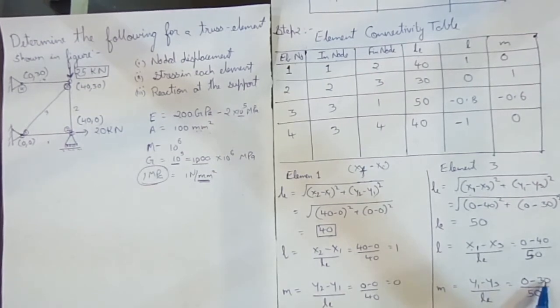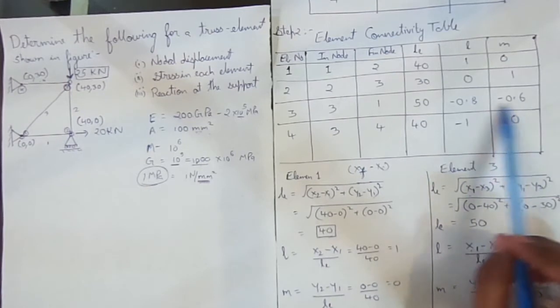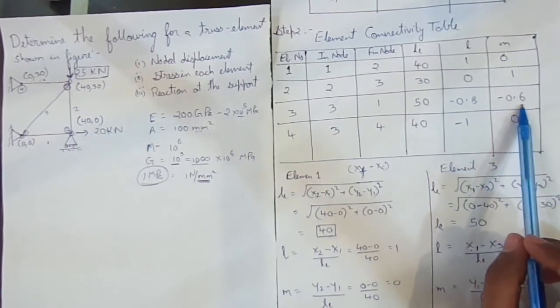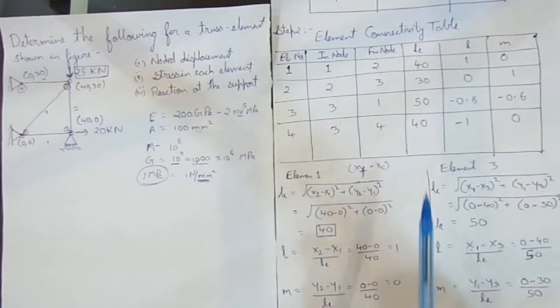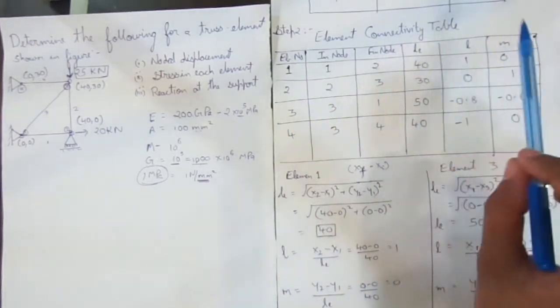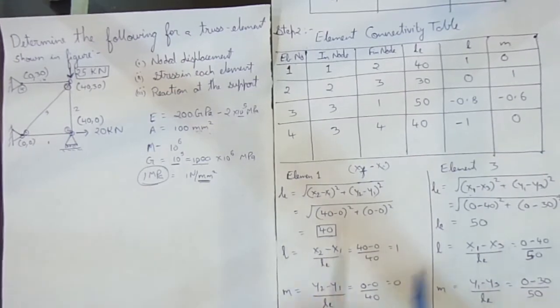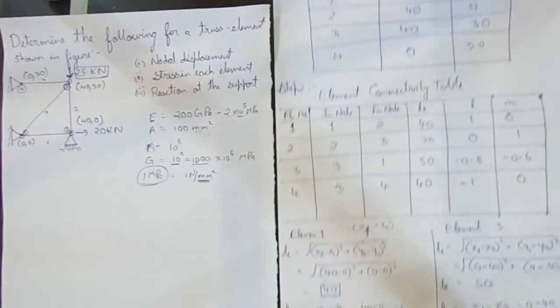Wait, y3 is not minus 30, the minus is here, y3 is 30. So 0 minus 30 by 50, the answer is minus 0.6. So I have written here minus 0.6. Okay, no confusion so far. So in the element connectivity table like this, you have to fill LE, L and M for all the 4 elements, right? So you can take your time and fill, otherwise I have given you the solution. You can take the screenshot of this